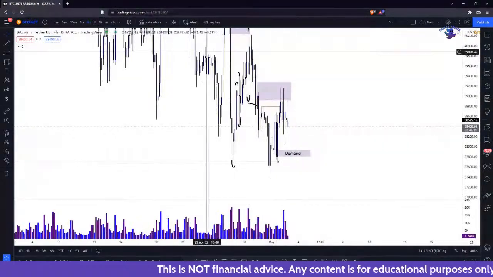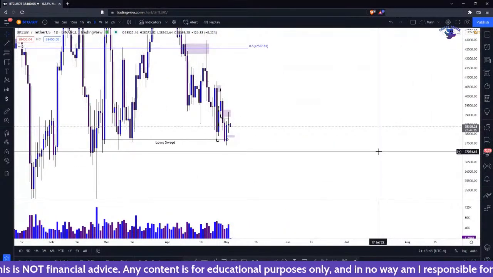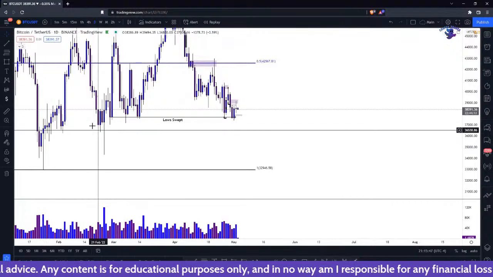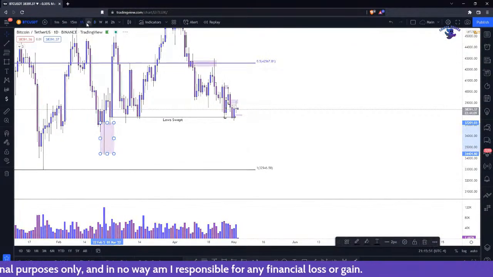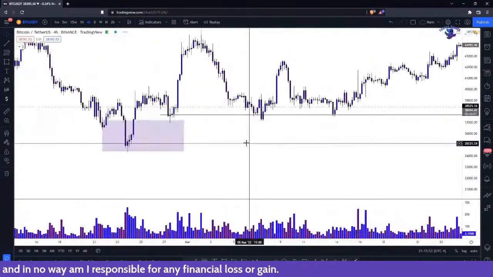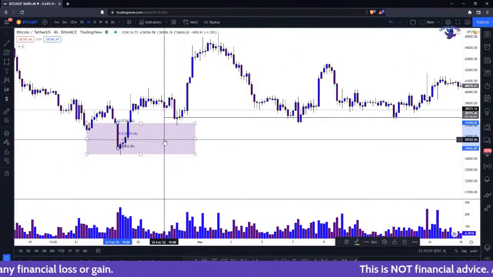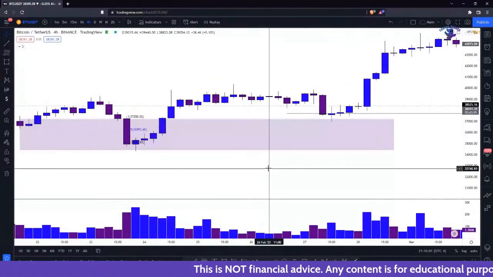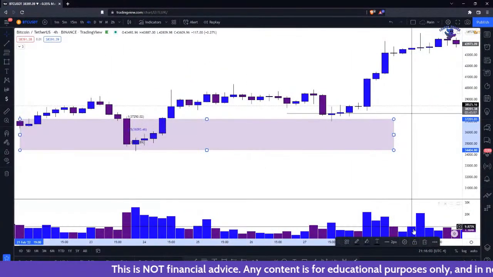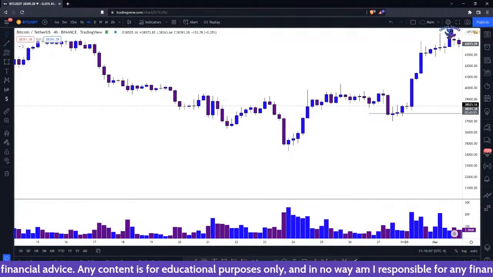Which I think would be better for longs, because once we get under all of these lows, you probably will see some more of a relief bounce, and I guarantee there's going to be some kind of mitigation zone somewhere in here. We can probably find it very easily. There you go. I would probably target like 50% of this candle, which is like 36,900 or something. No, 36K. So somewhere around there. We'll revisit the chart and maybe try to find levels later on.